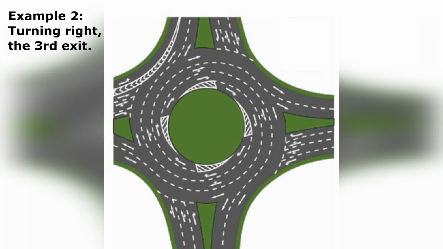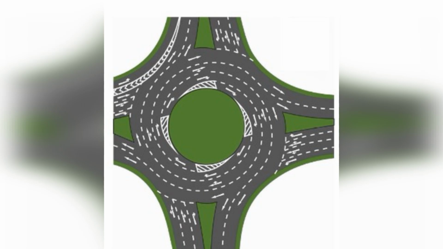Example 2, turning right, the third exit. On approach, you can select either Lane 2 or Lane 3. When approaching the roundabout to turn right in Lane 2, you would need to drive into Lane 2 on the roundabout and remain in this lane. We can see that Lane 2 spirals left and becomes Lane 1, and this guides you to exit the roundabout